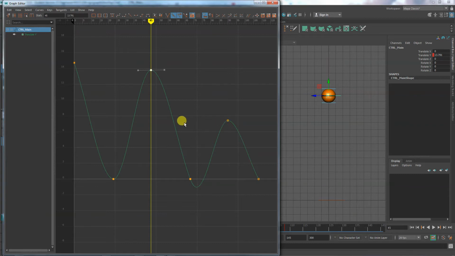But we need to tell these keyframes to do something else. And I can use the graph editor to click on these keyframes in here. Oh, don't click the whole curve. But I can click on an individual keyframe and I can press certain buttons to change how it dives into this curve. So I've changed it to a linear tangent, which means it goes straight down in there. Which means now when I press play,